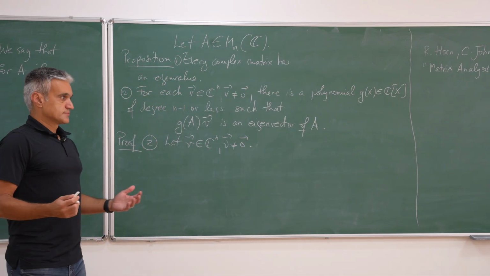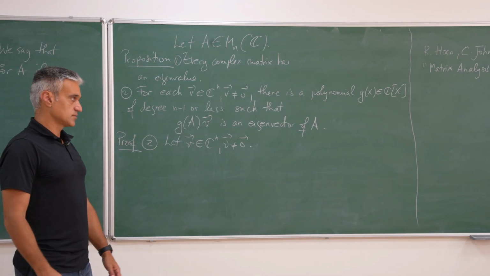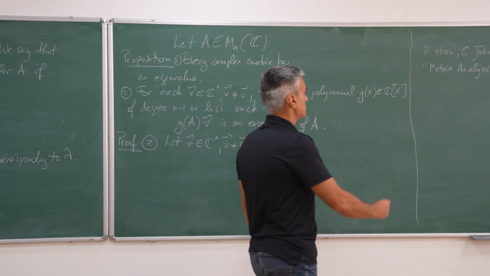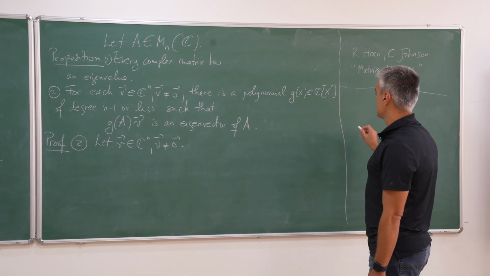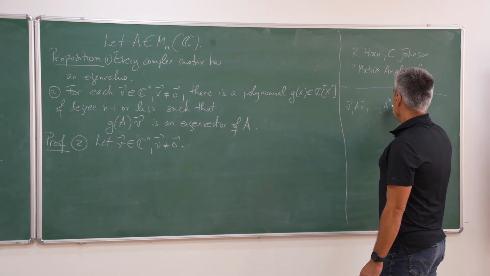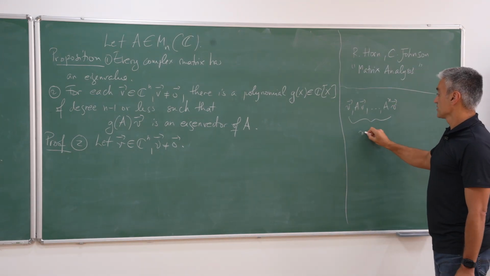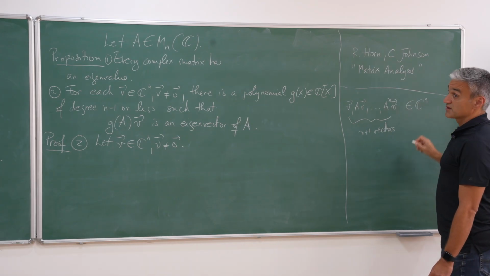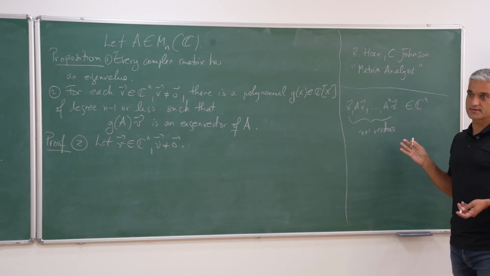It's a dimension argument, and that's how we do most things in linear algebra. So I'll write here on the side. If you have this V, you can look at V, you can look at AV, you can look at A^n V. So here you will have n plus 1 vectors, but they all live in an n-dimensional space, so they must be linearly dependent. So there is a linear combination of them that gives you 0.